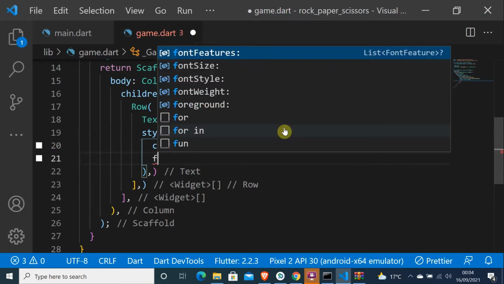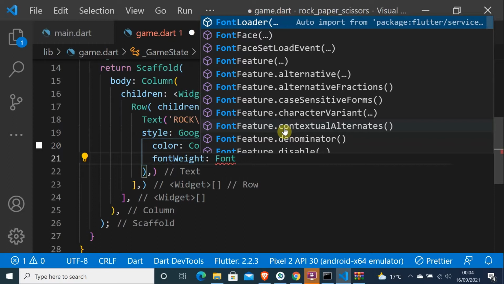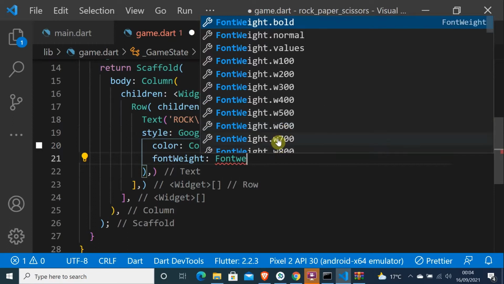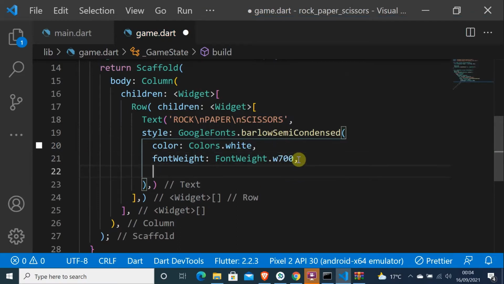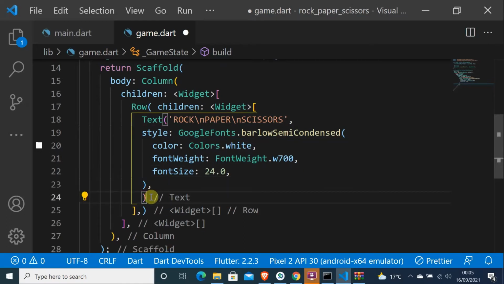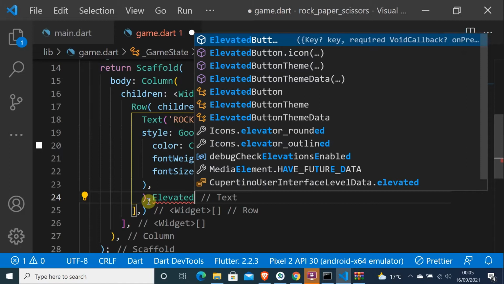and font weight have to be, let me do font weight, let me do this FontWeight dot w700, and do font size 24.0. Yeah, I think that's it. And here it is, here elevated button,